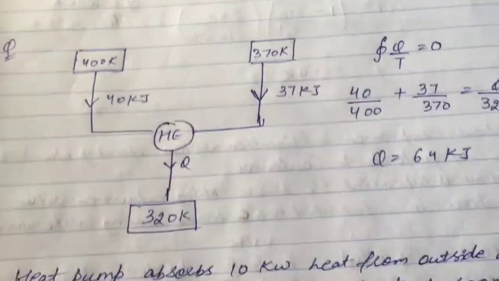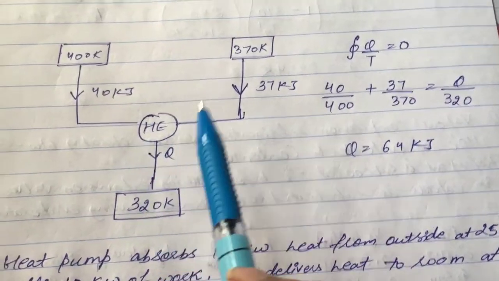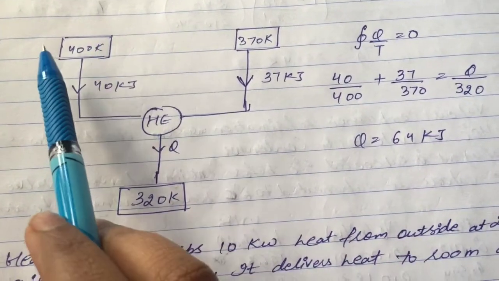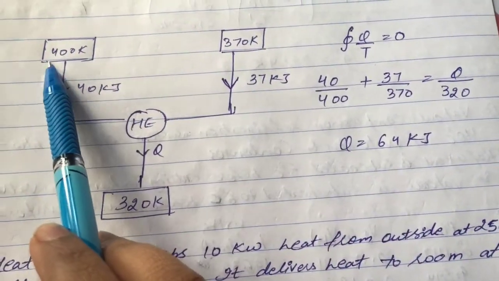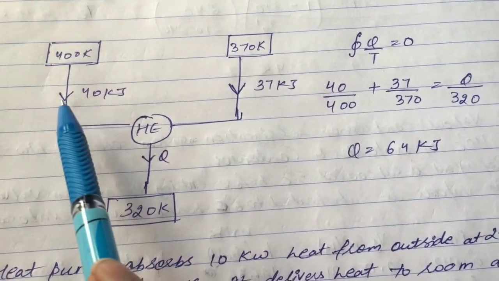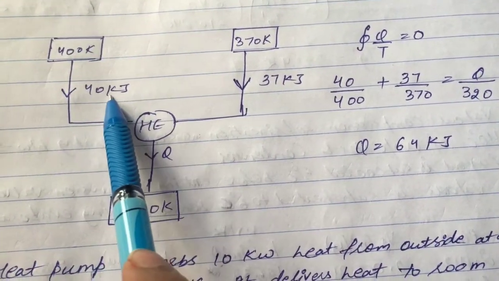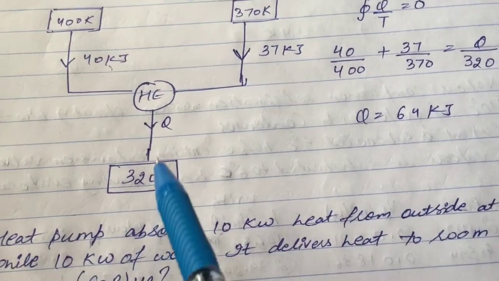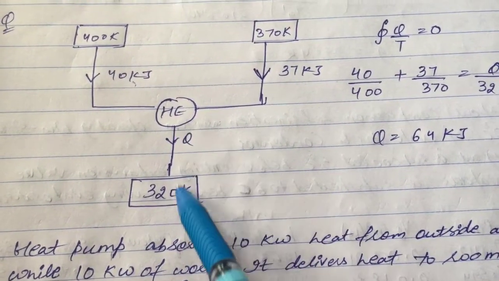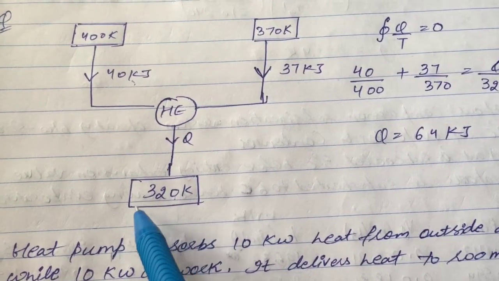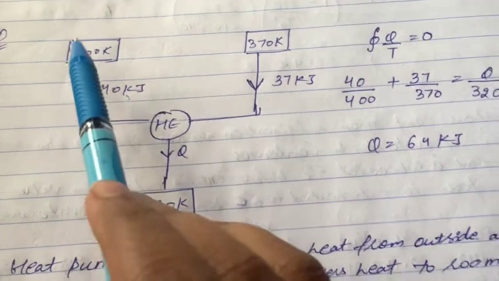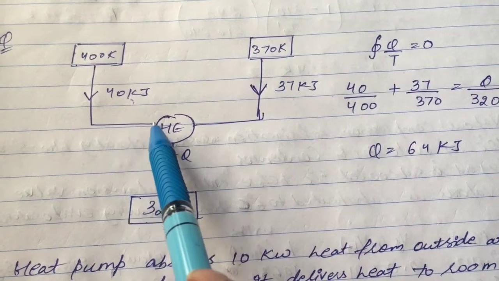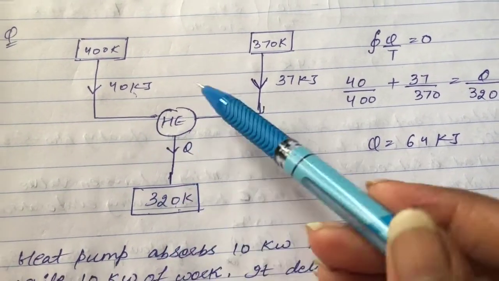49.99 kilojoule. Next question, a heat engine is there, and two reservoirs are present at 400 Kelvin and 370 Kelvin. Heat from first is 40 kilojoule and second is 37 kilojoule, and we have to find Q, which is being supplied to 320 Kelvin. Both of these are combining heat coming to the heat engine, and then